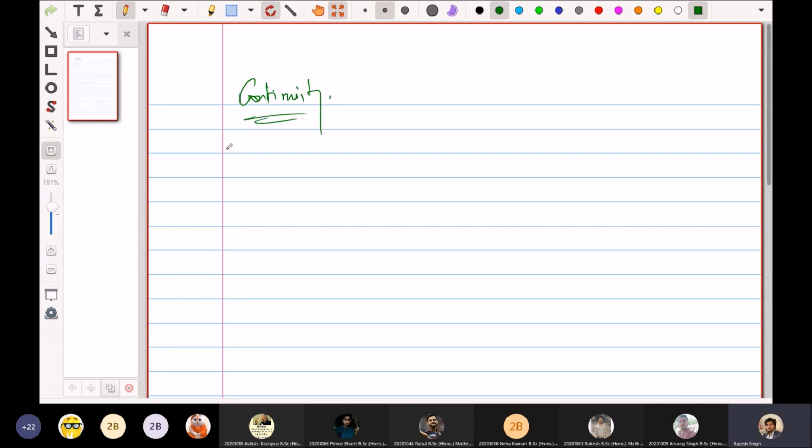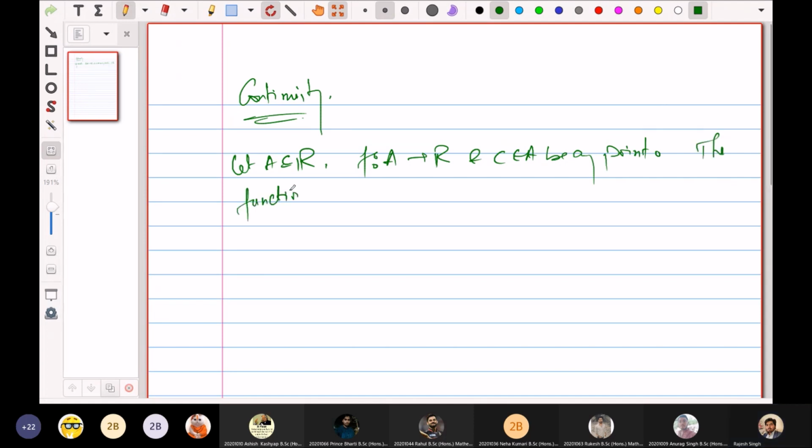Let us quickly revise it. So, what is a function? Let A be a subset of R. Let A be some subset of R, f be a function from A to R, and c belong to A, be any point. The function f is said to be continuous at point c,